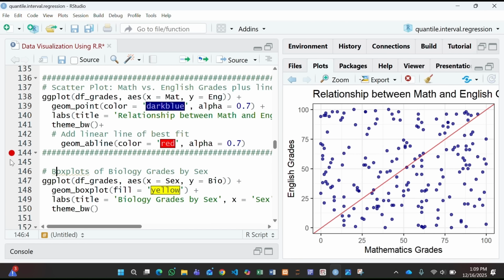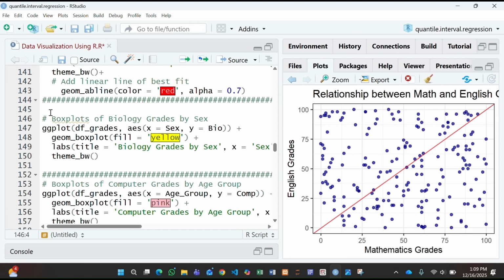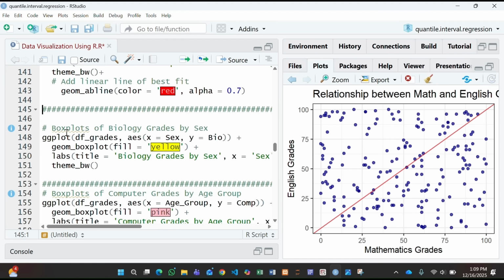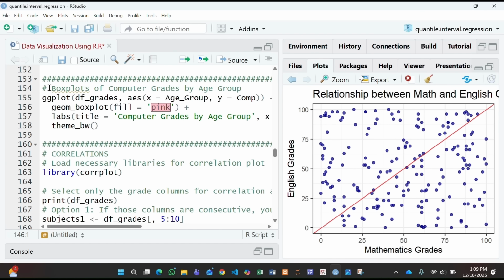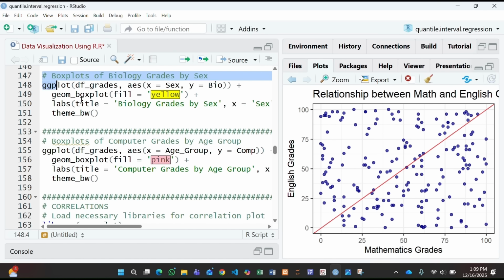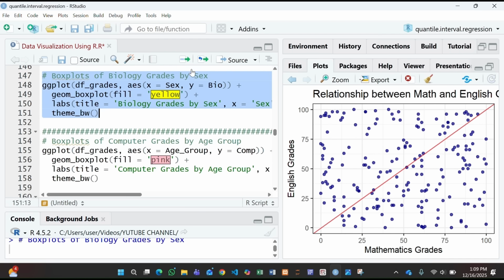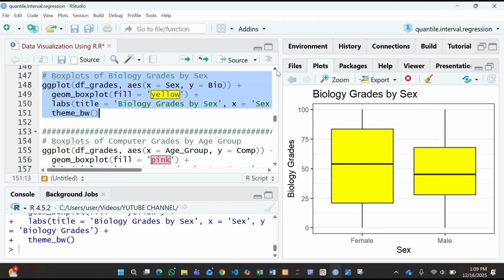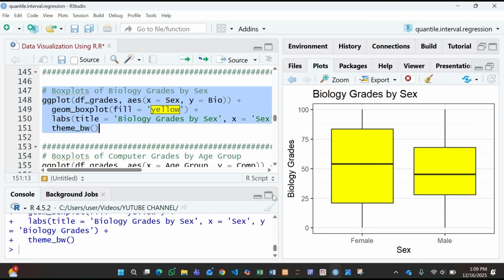Okay, let us go to the box plots. So I remove this one, I go to the box plots. Okay, what we want here now is box plots. What happens with the box plots? Okay, let us start with this one. If I run this box plot, yeah, you see,